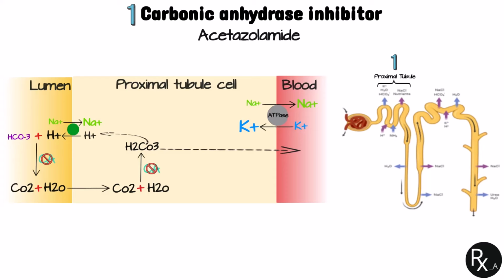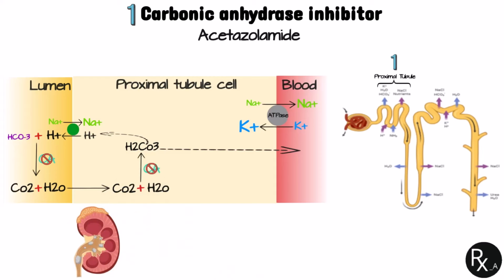Since most of the sodium that isn't reabsorbed in the proximal tubule is still reabsorbed by the distal part of the nephron, the diuretic effect is only mild. However, this late reabsorption also increases potassium secretion, which is one of the class's side effects. Another side effect of carbonic anhydrase inhibitors is renal stone formation.